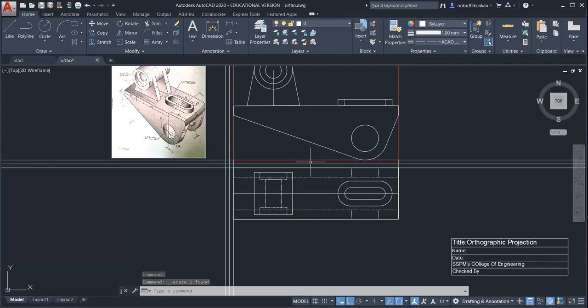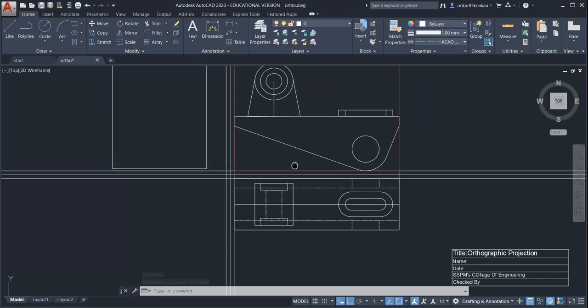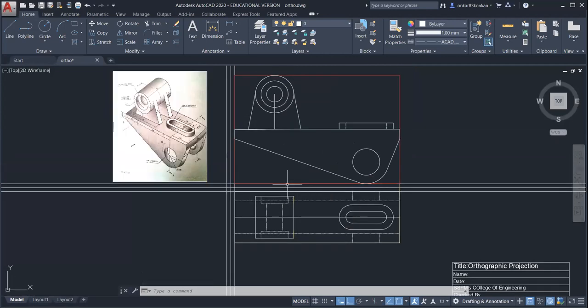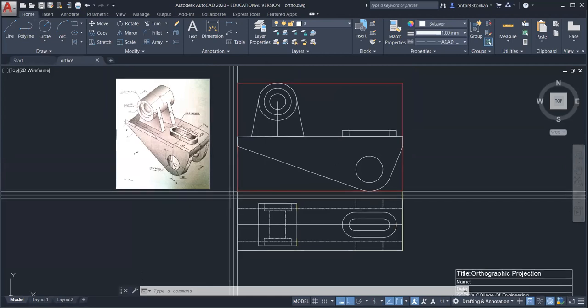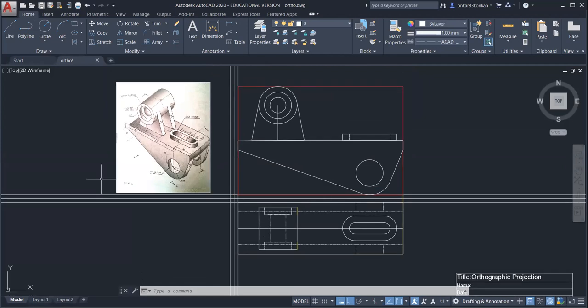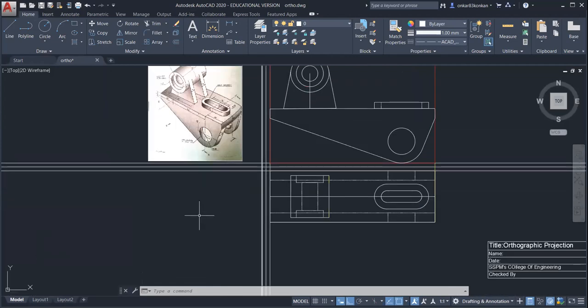Okay. So this is your complete top view. Okay. So now we will complete the side view. So for the side view, you can draw the 45-degree line.